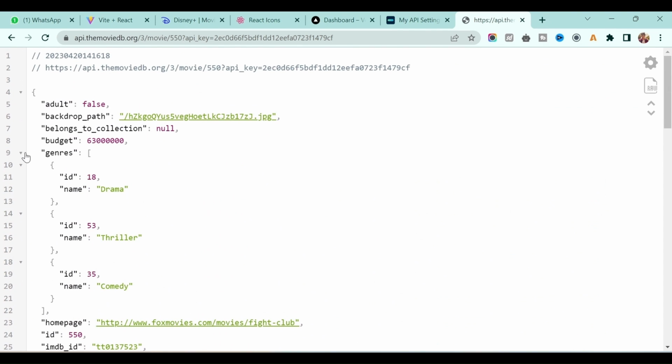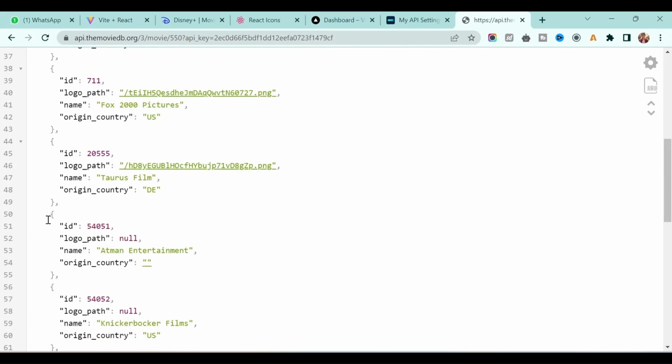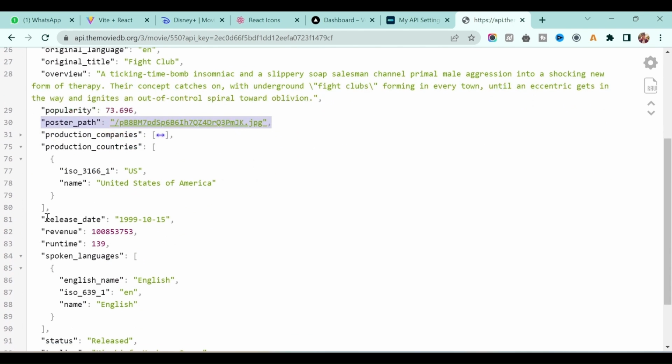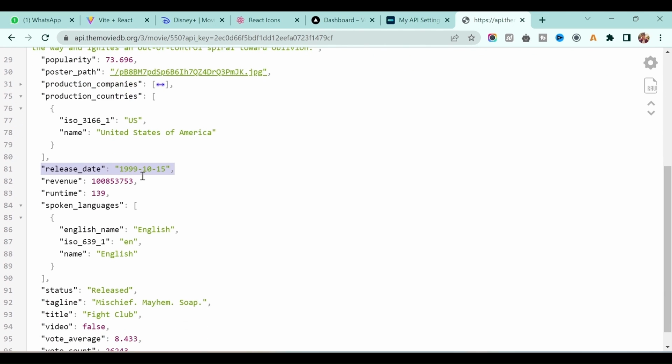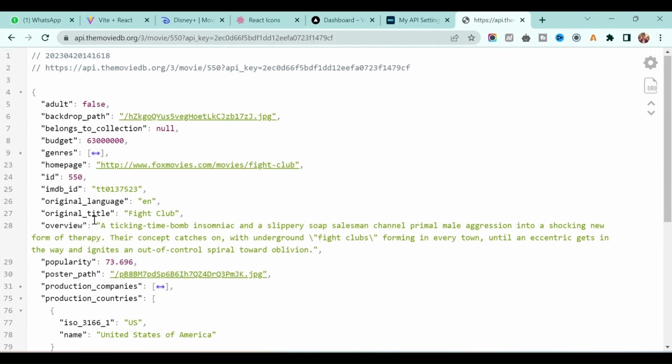right? So for example, for this movie, this is the Fight Club movie, and this is the overview for that one. The poster path they mention, okay, which is nothing but the image for the movie, and there are a lot of things. It also mentions when it was released, the IMDb score, and the language it is available in, okay, and whether a video is available for this movie or not.